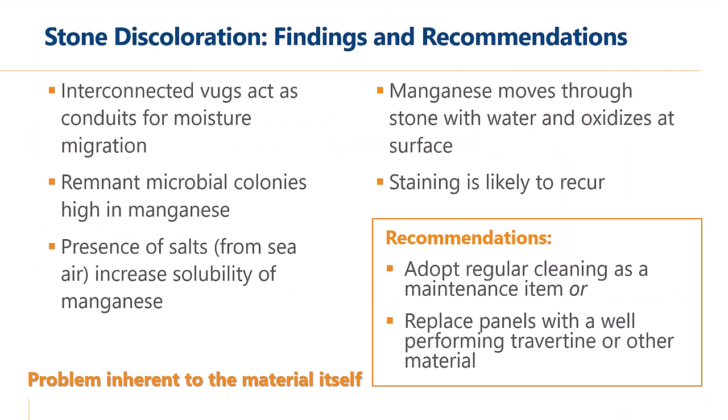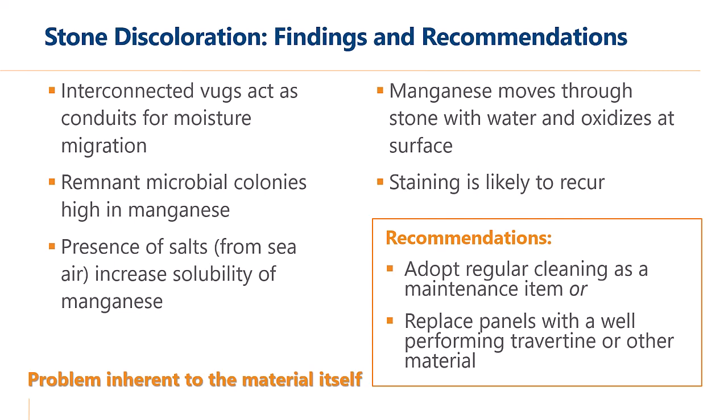So through our laboratory analysis, we found that the travertine samples contain vugs that are often interconnected and act as conduits for moisture migrations through the travertine panel system. Moisture access to soluble manganese within the fossilized microbial remains resulted in leaching of water-soluble manganese and deposition onto the surface. Near-surface manganese oxidizes to form non-soluble species of manganese that exhibit a yellow to brown color and deposit on the surface of the stone. The coastal environment exacerbates this problem as